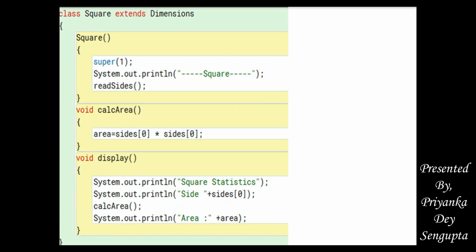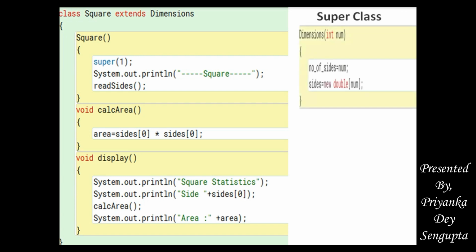See, here we have a subclass square which is extending the parent class dimensions. So we wrote class square extends dimension. After the extends keyword we write the parent class name. Now we have the constructor of the subclass square. You look here, the constructor square for the subclass will always have the first line as calling of the superclass constructor.